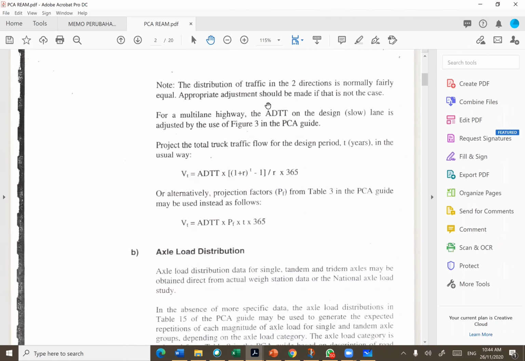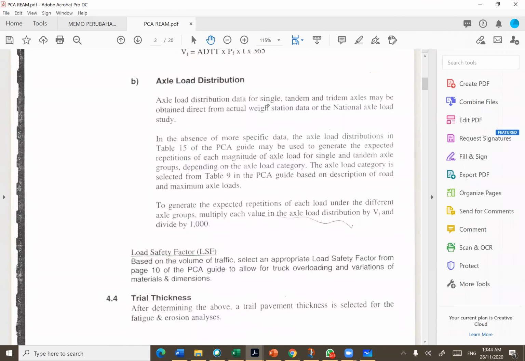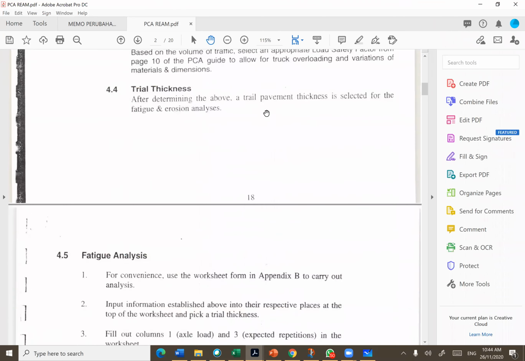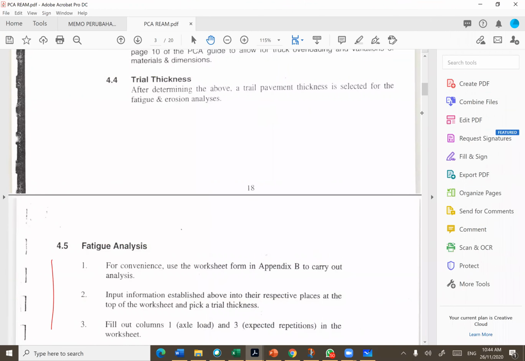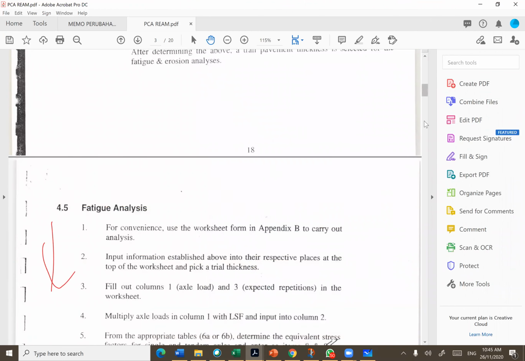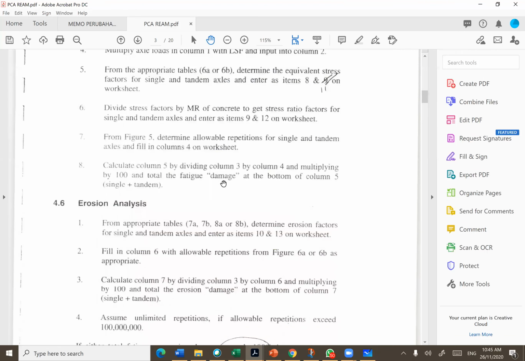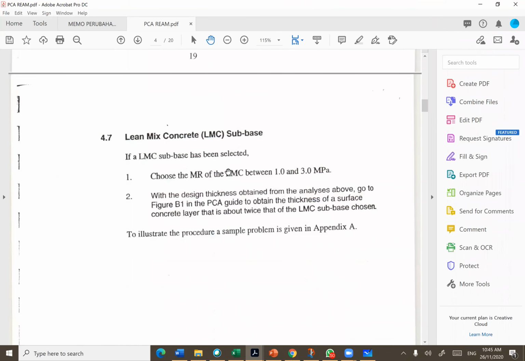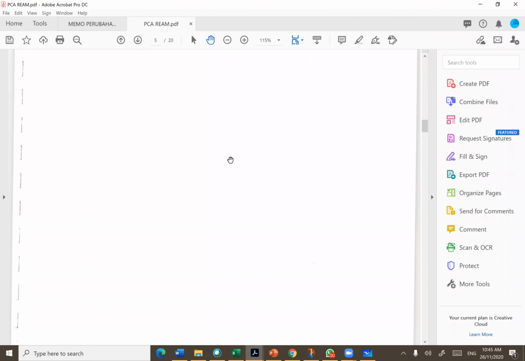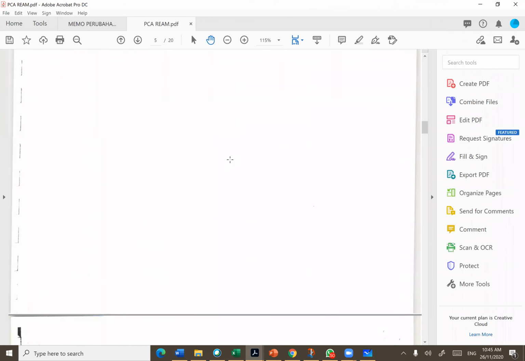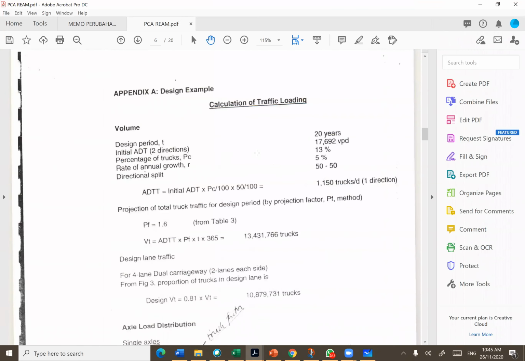Start with the traffic loading, and then you go to the axle load distribution, and then this is where they start with the trial thickness and the analysis. You can refer to this, but I want us to go straight away to the example. The example follows the steps described earlier. If you look here,